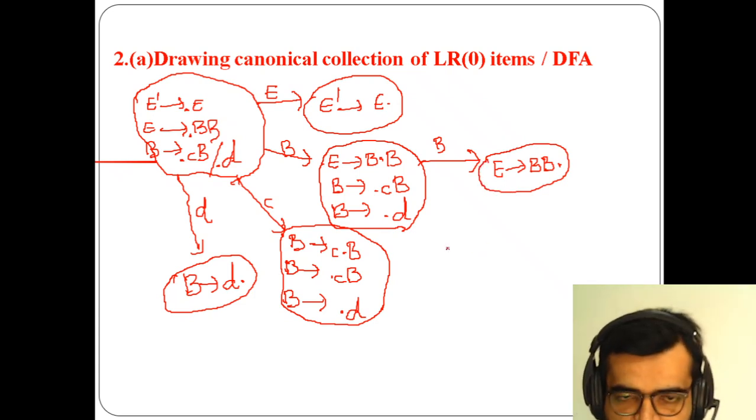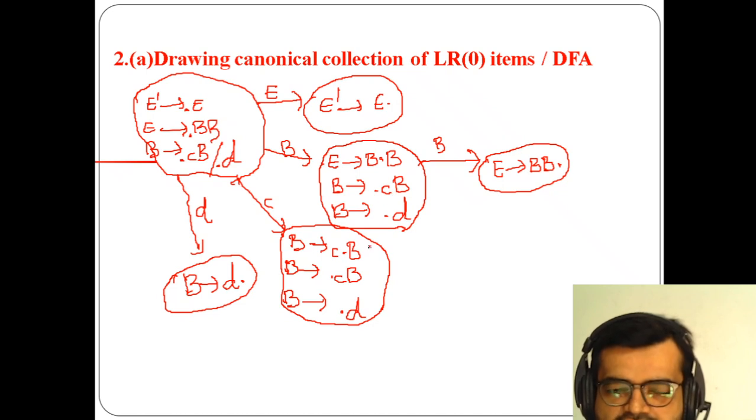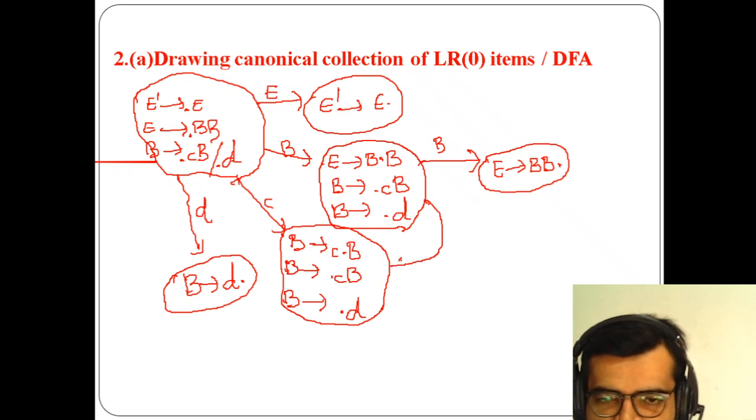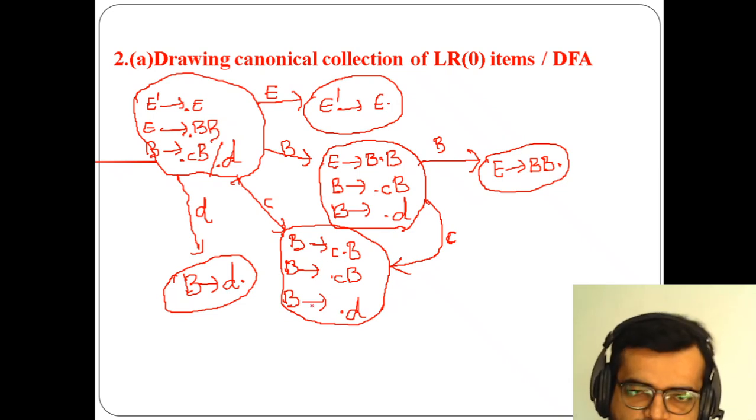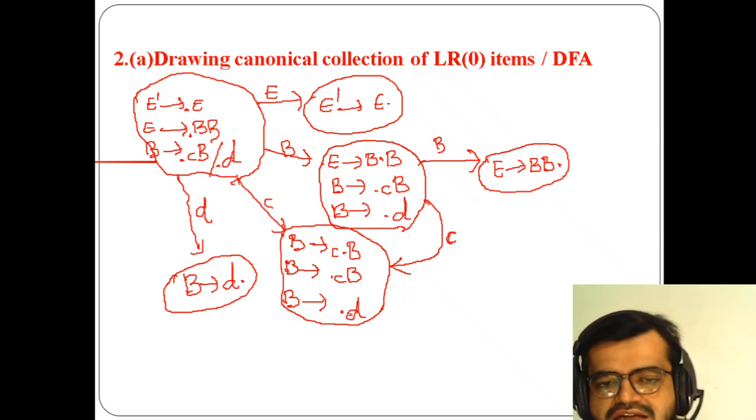Right? Now in the second line, if I take B of C dot B, then I have to read the value of B. So instead of writing separately, if I use this one, is it okay? That means if I'm moving by one position by small c, the same three productions will come. How? Because if I'm moving the dot, after C, again the dot is there, so it's C dot B. So what is the value of C? So dot CB, again B, here what is there? Dot D. So in that way I'm reading.